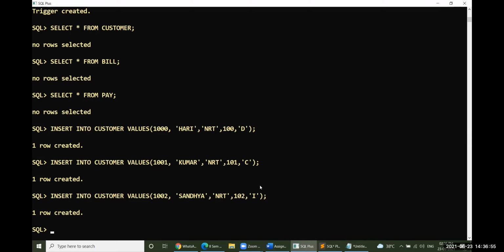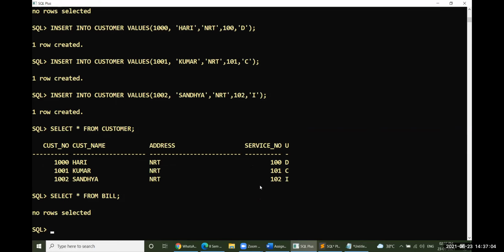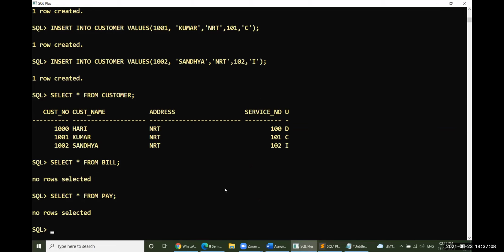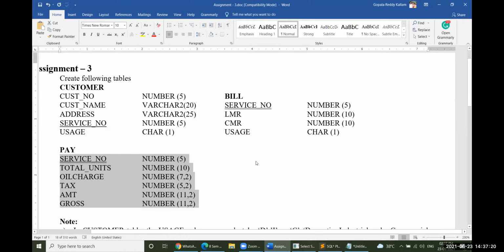Okay. So now you must go to select this table. Yes, data will be seen like this. And then next one is bill. Nothing is there. So far we did not enter anything. Pay, nothing is there. So far we did not enter any single row for bill also. We did not generate even a single bill for the customers. Then what are the columns of bill? Service number, LMR, CMR, and UCS.